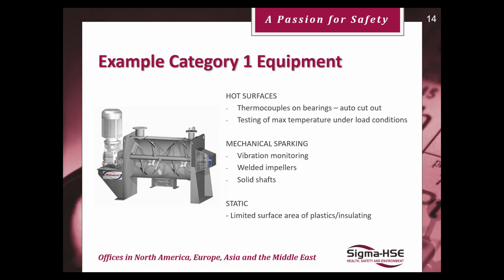So these safeguards are used as a safeguard for the rare malfunctions. For example, the shaft of this blender breaking off. Okay, so what safeguards do you have? You have vibrational monitoring. You may have maintenance procedures in place. So say, for example, check the bearings at regular intervals, check for trapped powders. Maybe there's some sort of thermography temperature monitoring, where there are, say, thermocouples on the bearings. But this is just to give you an example of the level of integrity of the equipment that you have for